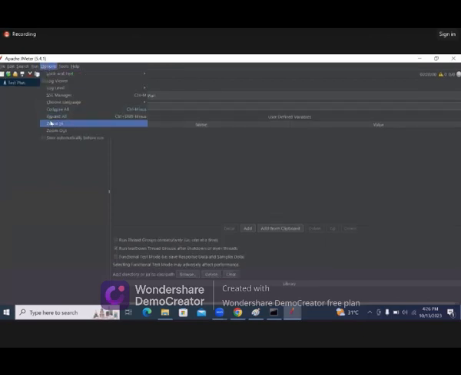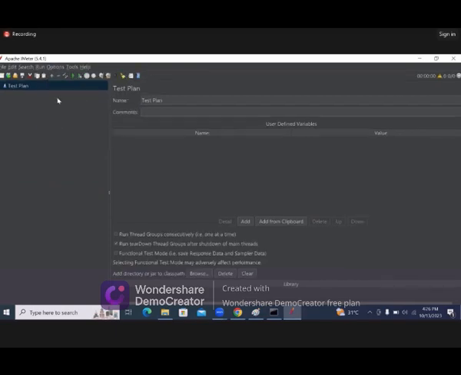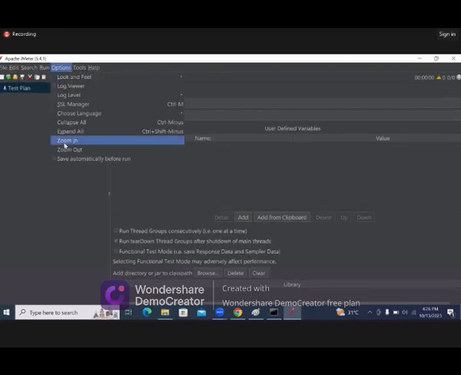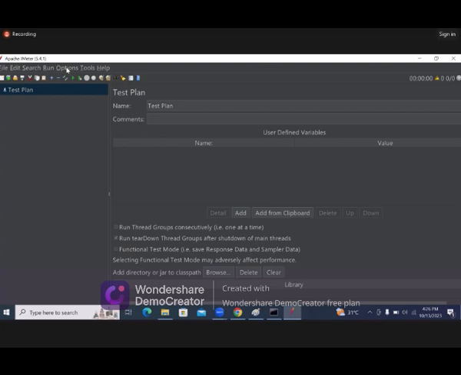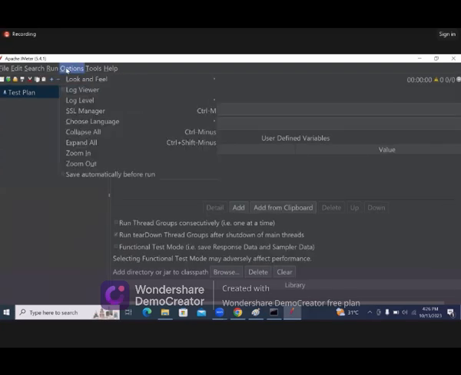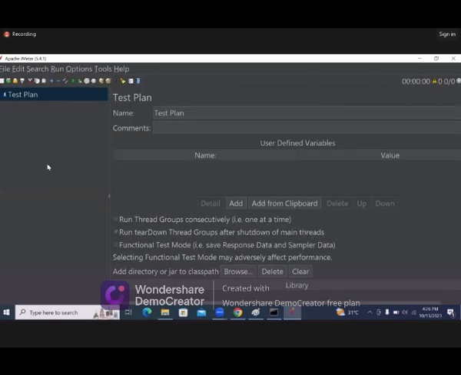So let's see how exactly we can take care of performing these respective things, how we can work with the tool. Right? Okay. Now, to start working with the tool,